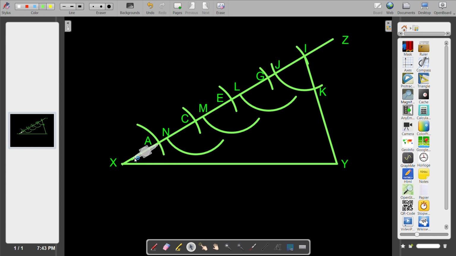Again with center A, and taking the same radius, we draw another arc cutting XZ at the point O. Now taking the radius equal to JK,